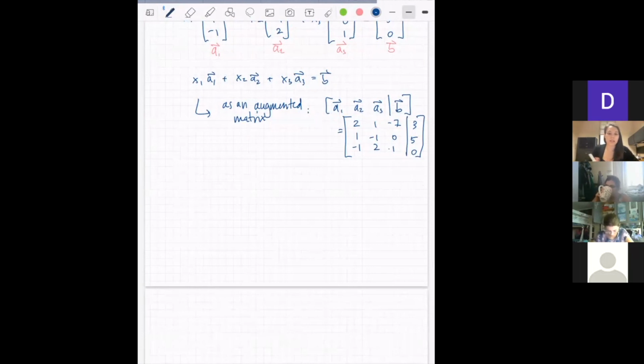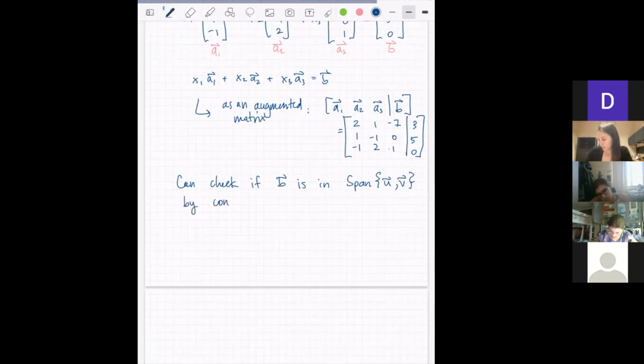There's a way that we can use this type of idea to check if a vector is in the span of a collection of vectors. So we can check if a vector B is in the span of two vectors u and v, or more, but we'll start with just two, by considering